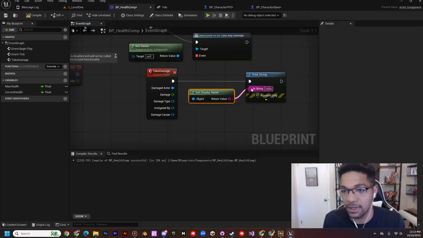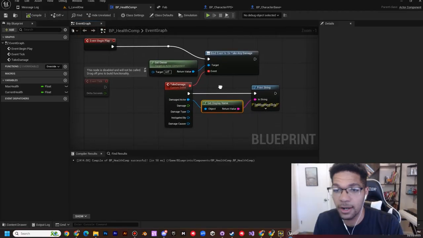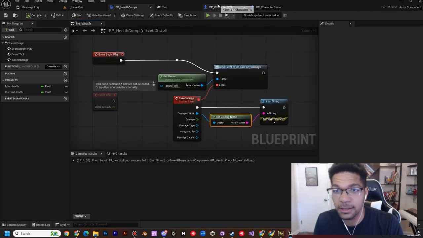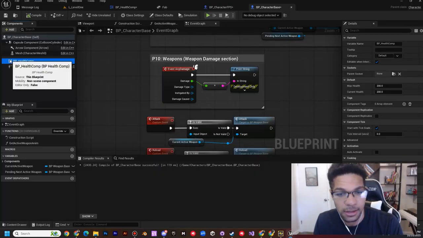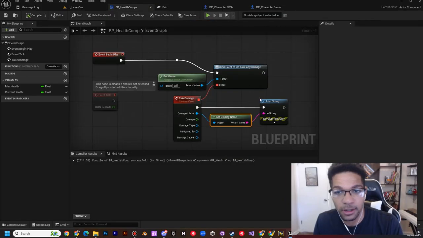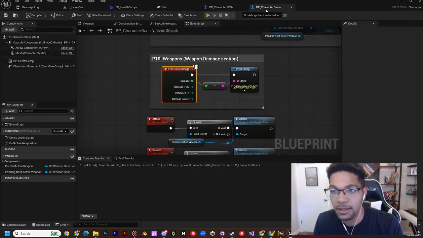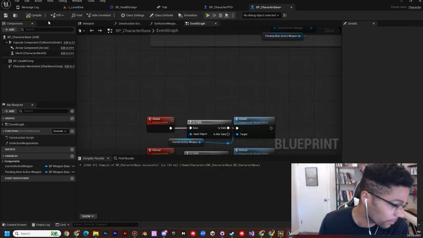And pull and attach that to the in string. Or you can just copy and paste this from the doc. But all right, now with this made, let's go to character base again. Confirm that the BP health component is on your BP character base. Looks like it is. We don't need this event any damage now because we are calling that from here instead. So we can delete this whole thing, compile,